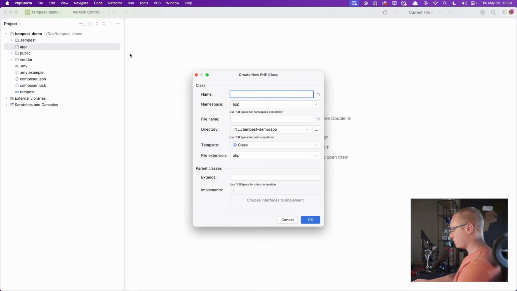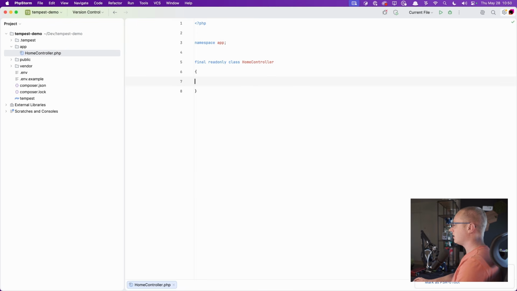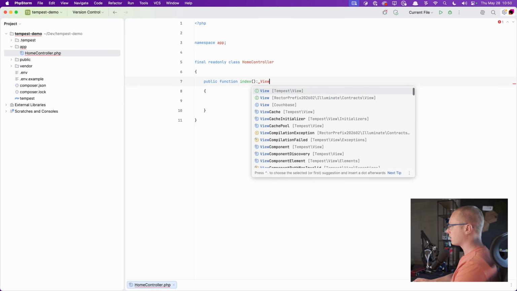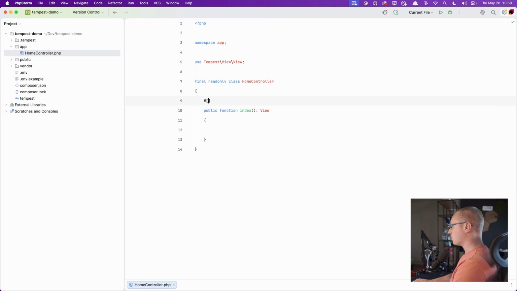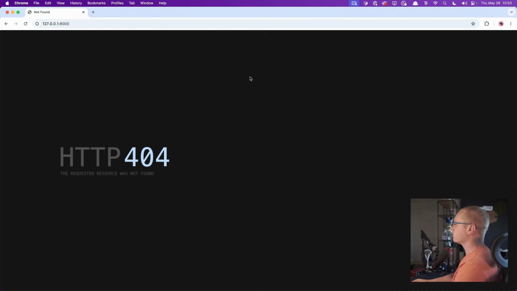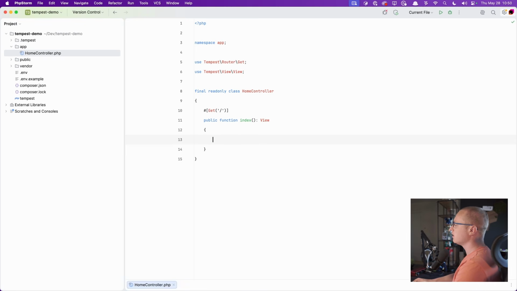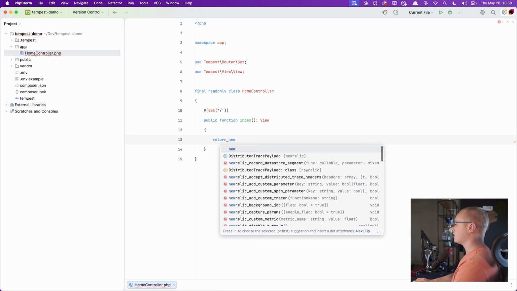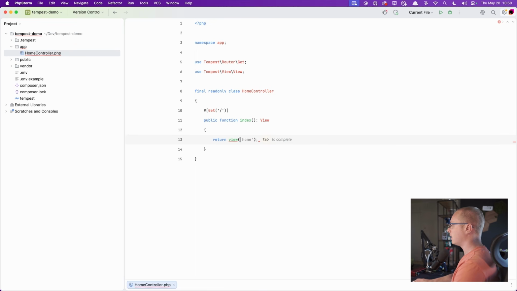So let's add our first controller here, our home controller. With, let's actually make an index method. We're going to return a view, and this controller action is available via a GET request. So just for checking whether this works. Okay, now we're here. Let's return a view like this. Just say home